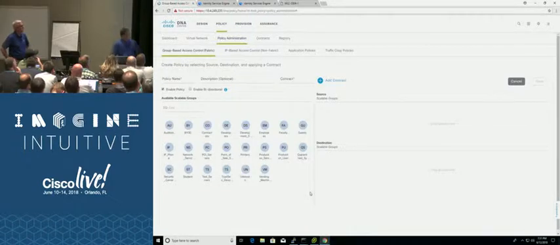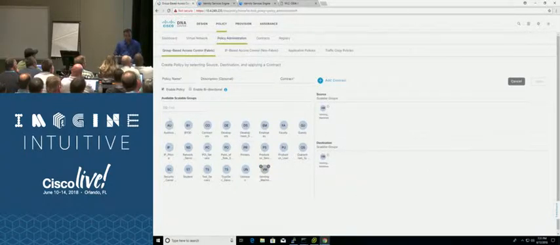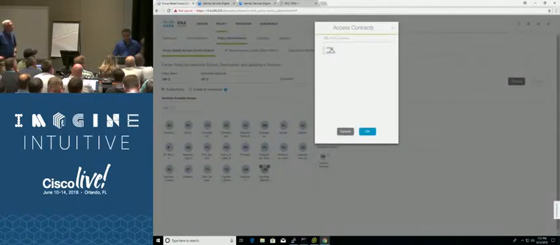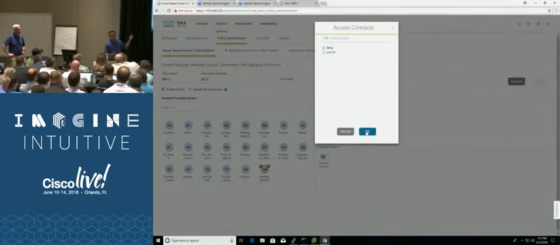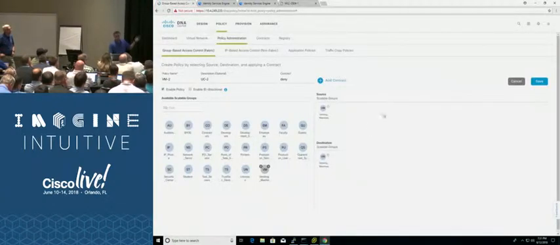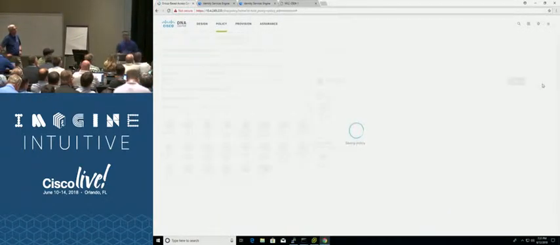We can also create, if you don't want one vending machine to talk to another vending machine, you can do the same thing. For example, you can drag and drop with the same source and destination, the same machine, and you can do that as well. I'll just name this. What I'm doing here is using the default contracts that come with DNAC, which are permit and deny. But you can also create your own custom contracts. It can be port-based. In order to do that,